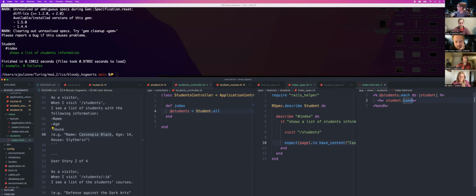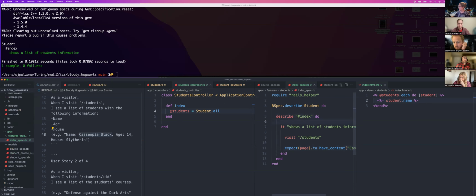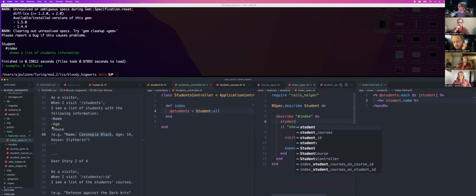Thank you, Rich. Okay, so now before this will pass, what we need to do is add a student to the test itself. So in the test file, you're in the right place. Do you want me to do it before each do, or put it just in this test? Right now, let's just put it in the describe block. And if we want to move it later, we can move it later. Let's just do student equals Student